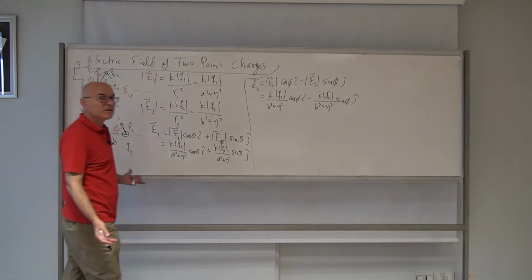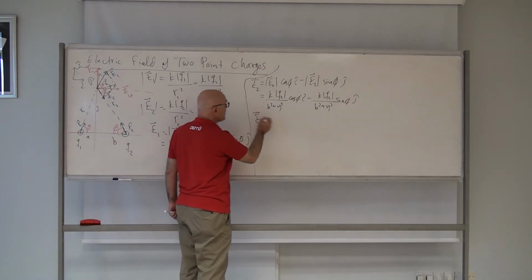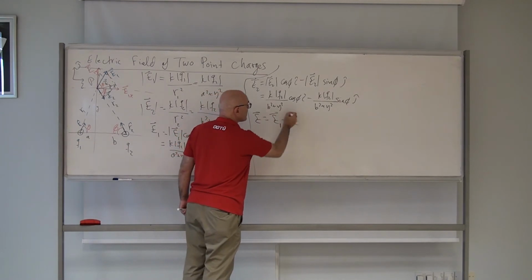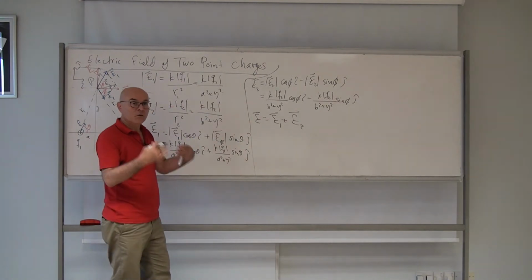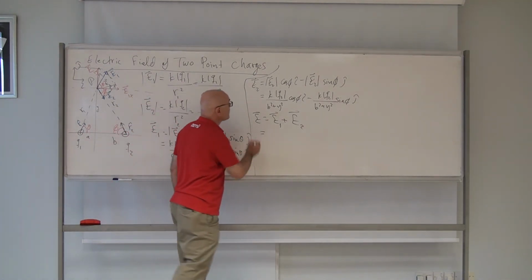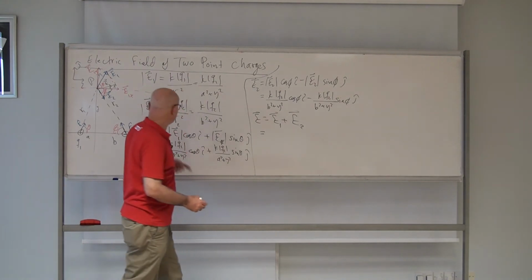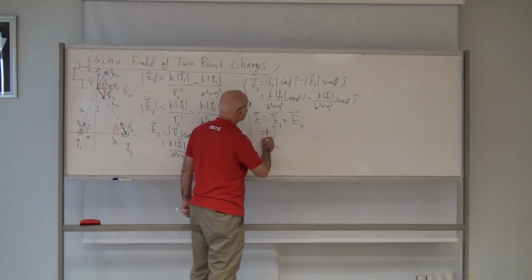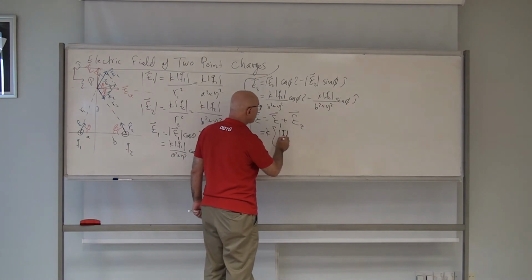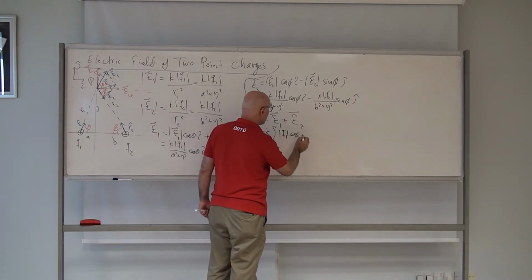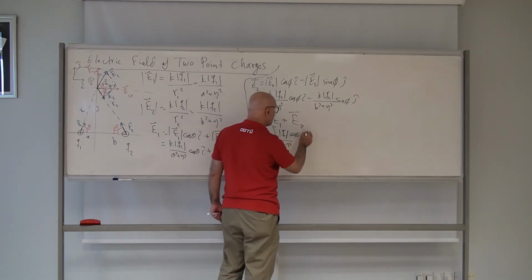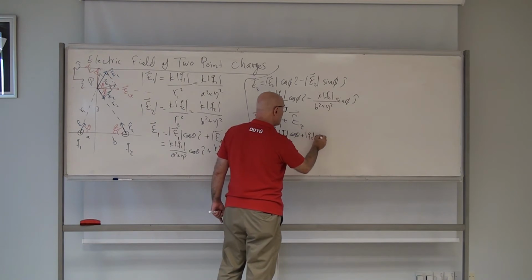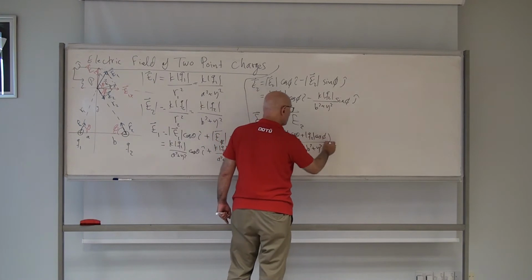Now I want to find the total E. The total E is just E1 plus E2, and I just add these two vectors component by component. If I do this, I take just k outside the whole thing, and I will get q1 cosine theta over a square plus y square plus q2 cosine phi over b square plus y square, this whole thing along i hat,